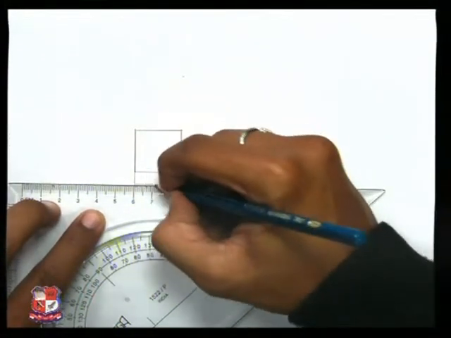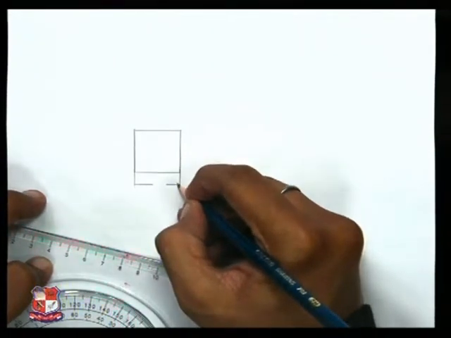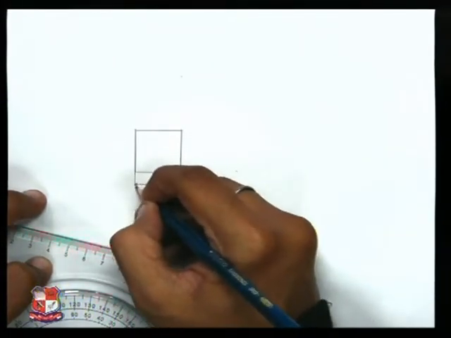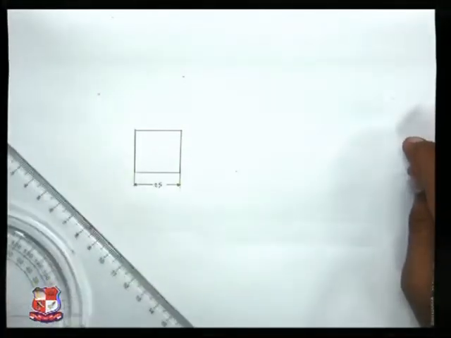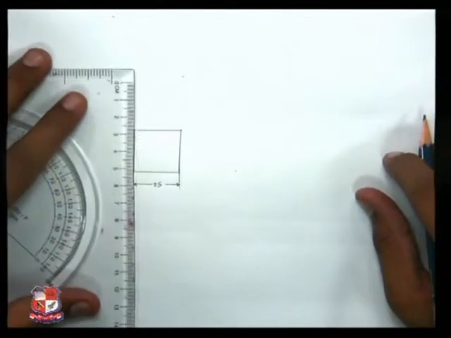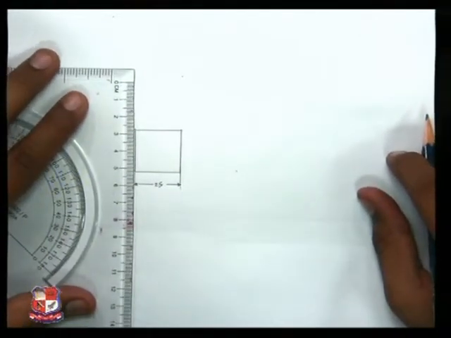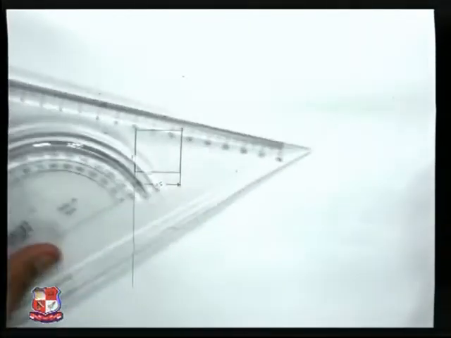Don't forget to give the dimensions. After giving the dimensions, I'm just extending these side lines.